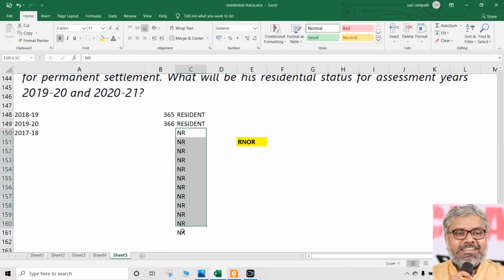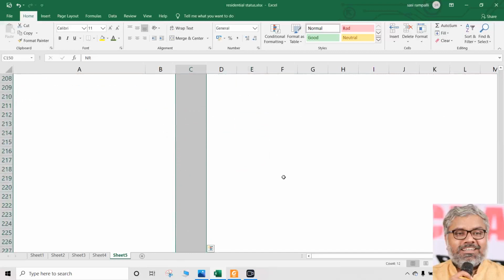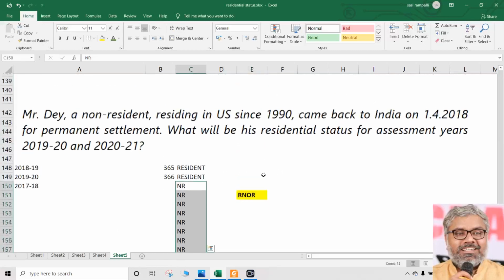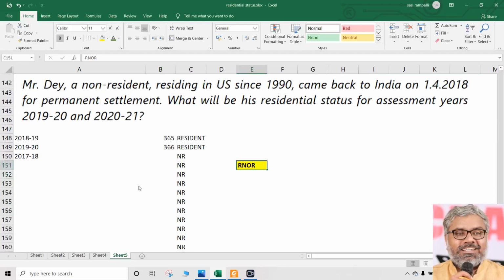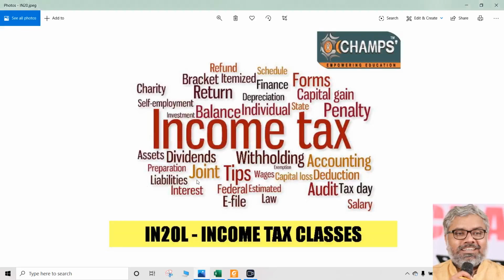You don't have to write 28 years of residential status and all. Don't waste time on that. We are interested in checking the conditions and finding the residential status, not knowing their life history and autobiography. We are not interested in that. So be very clear and precise in finding out the correct information, doing the required calculations only, and most importantly identifying what is the useless information. That also plays a crucial role in solving questions generally in income tax, particularly in this context of determining residential status of individuals. Right?